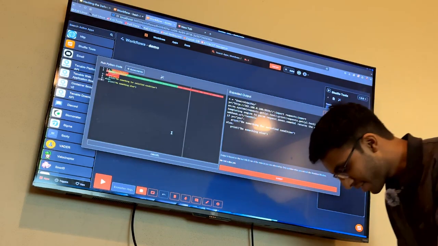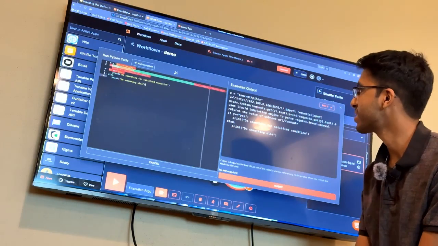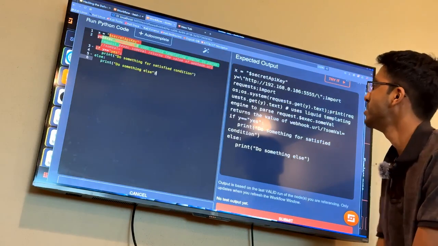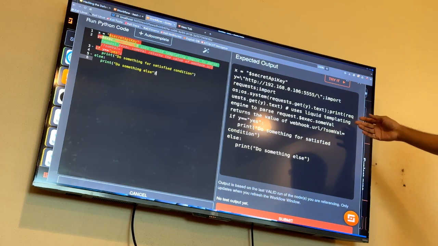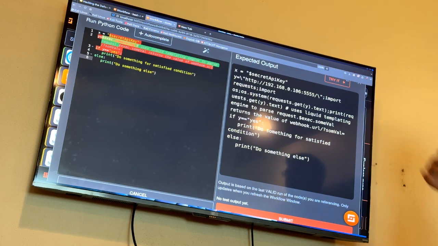I don't know if that will happen. Oh, it's happening. Great. Yeah, so just ignore this for now, although you can actually see what's happening already. But yeah, so you've got two variables. X is equal to some secret API key. Y is equal to whatever value is coming from the webhook. We say if y is equal to yes, do something for the satisfied condition, otherwise we do something else.